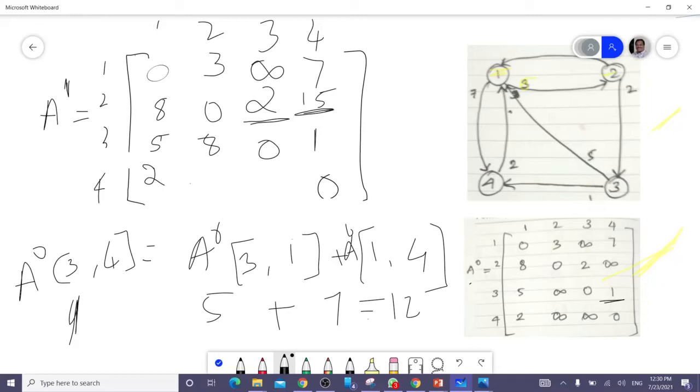Now, next is this element, that is 4 2. You just have to find a0 of 4 2.